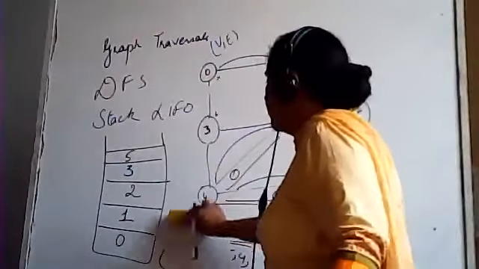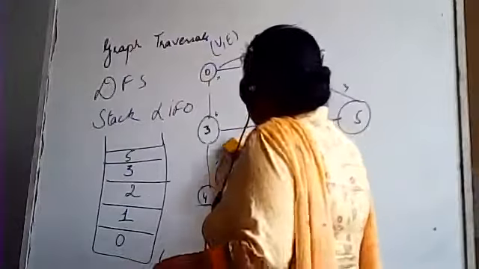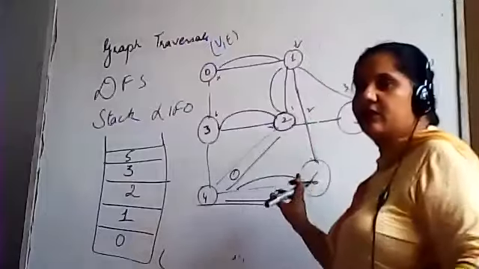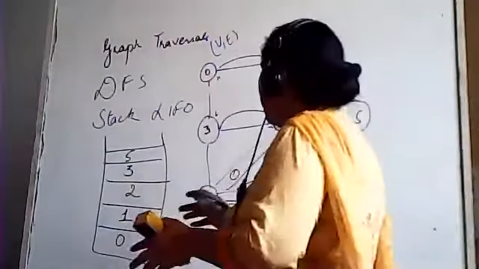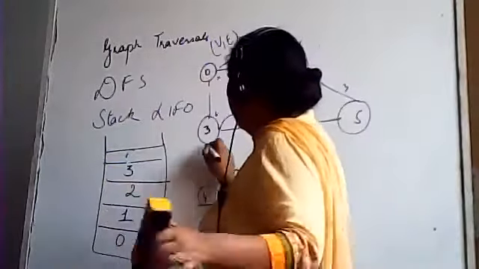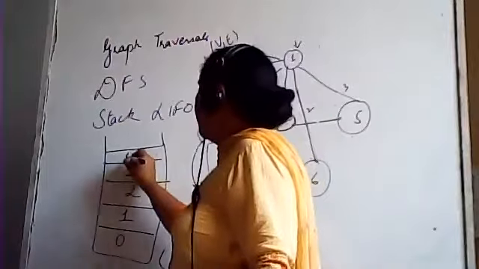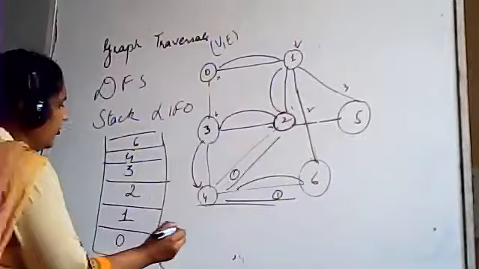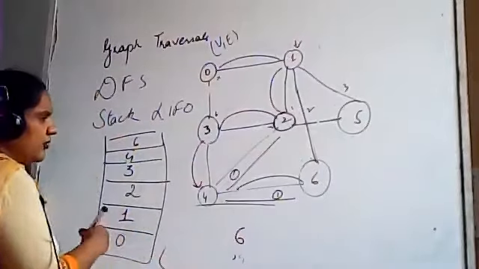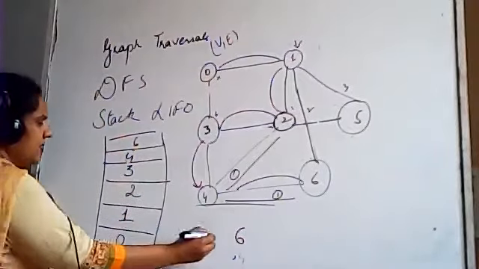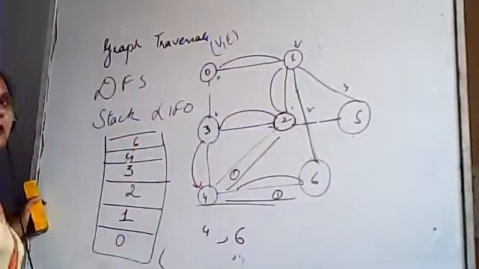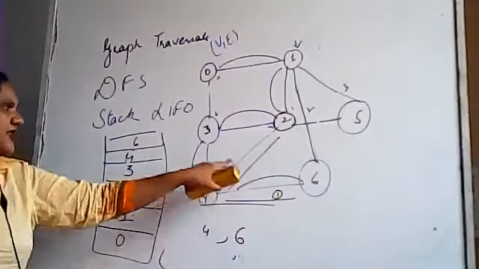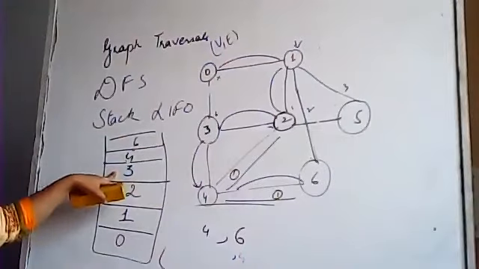See, this is one way. Another way is, instead of going from here, you go here, because you have to choose one. So 2's adjacent node is also 3. So you will push 3, then 3 to 4, then 4 to 6. Okay. Since 5 is not reachable from 6, backtrack, go to 6, bring out 6 since 4 is processed and 1 is processed. Then bring out 4, pop out 4, 4's edges are processed. 6 is also processed and 3 is also processed since it is in the stack.